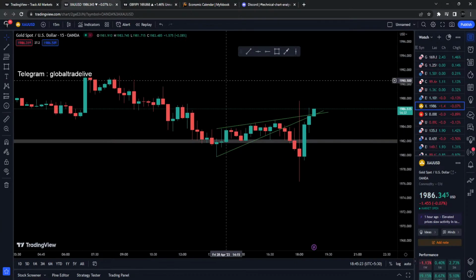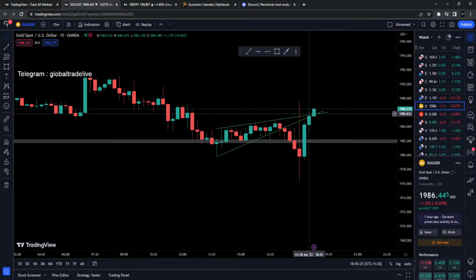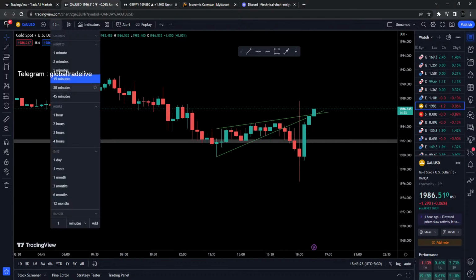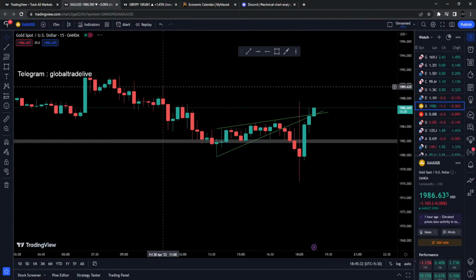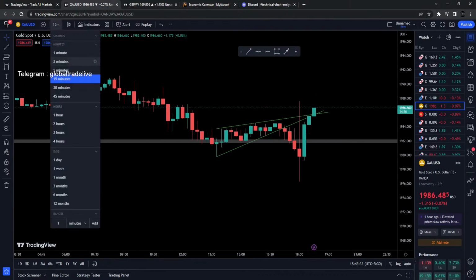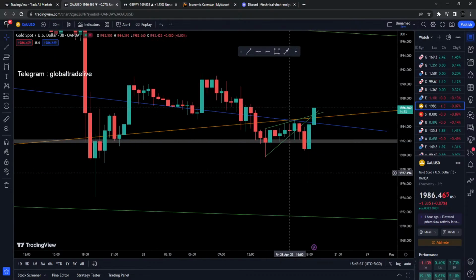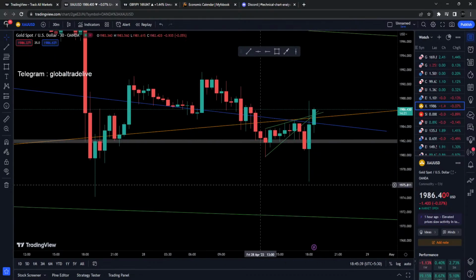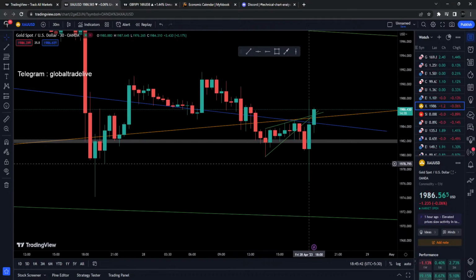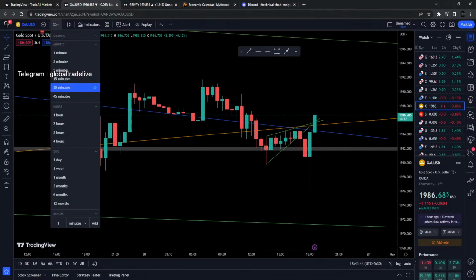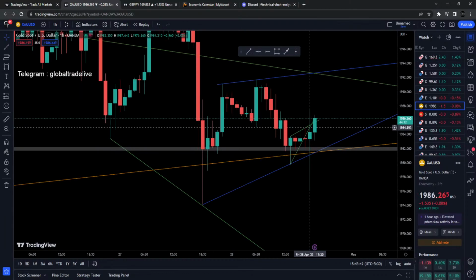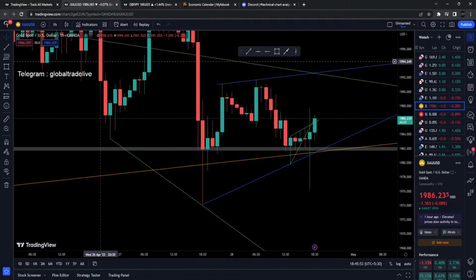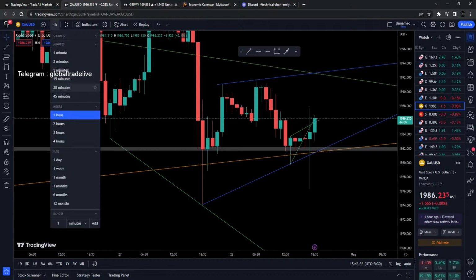Okay, 15-minute candle closed. So gold 15-minute candle closed bullish, and that was a nice decision for me to not take a trade in the 15 or 30 minute when it just broke its own low. See, if we wait, then we have much more clarity about the market. Now look over here, this 1 hour is trying to push the price up, and let's have a look at the 30 minutes again.